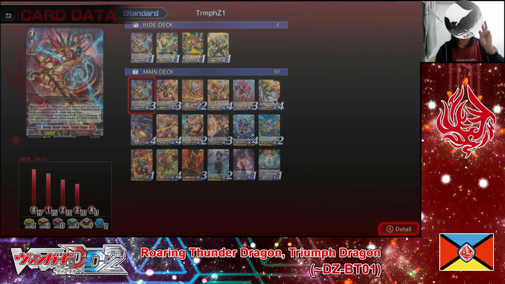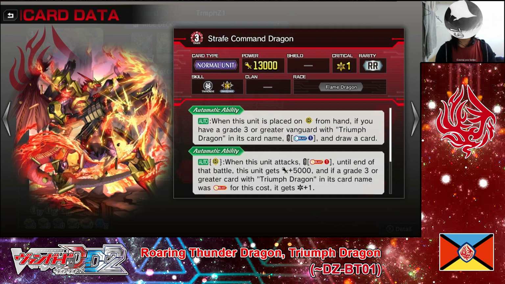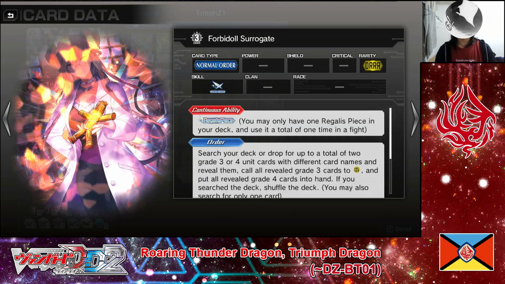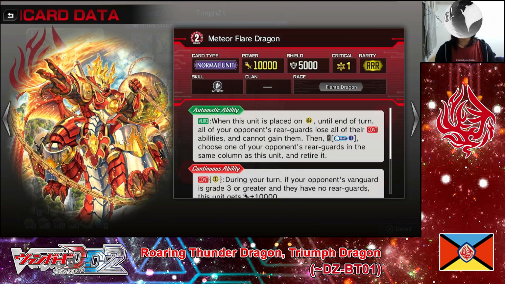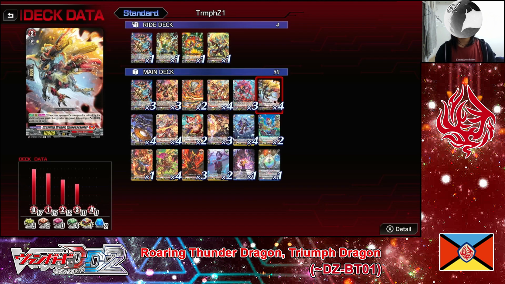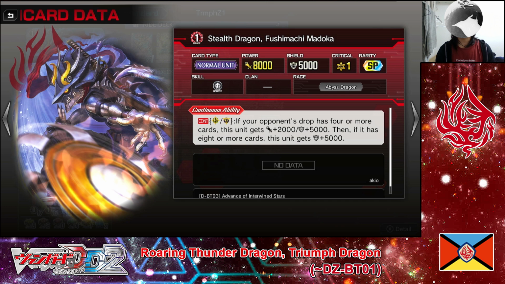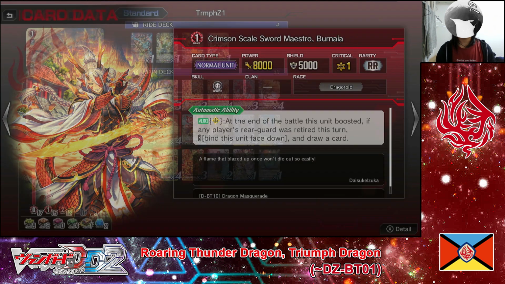Then for the main deck we are playing, 3 Grade 3 Roaring Thunder Dragon, Triumph Dragon, 3 Grade 3 Strafe Command Dragon, 2 Grade 3 Force Ember Dragon, Red Exert Dragon, and 1 Grade 3 Normal Order, Badal Surrogate, and then 4 Grade 2 Meteor Feather Dragon, 3 Grade 2 Great Flame Activation Scales, Kogaflan, 4 Grade 2 Crushing Dragon, Spinal Assaulter, and then 4 Grade 1 Stealth Dragon, Fuchimachi Madoka, 4 Grade 1 Crimson Scale Sword Maestro, Bernaya,